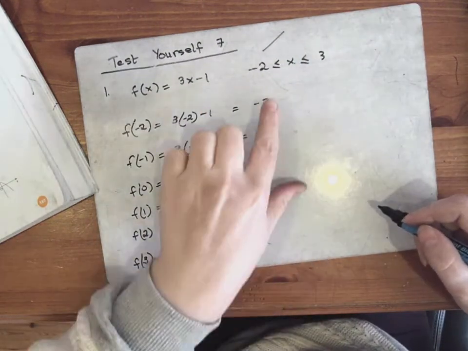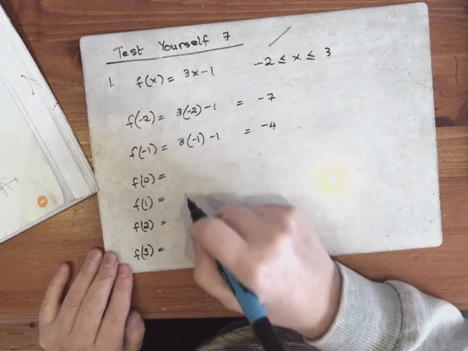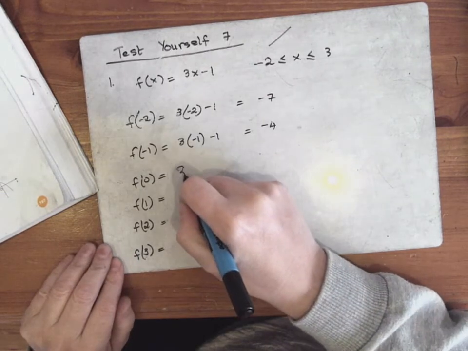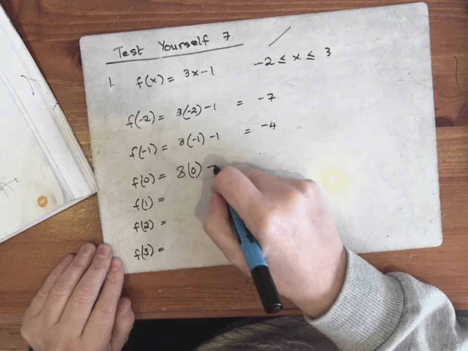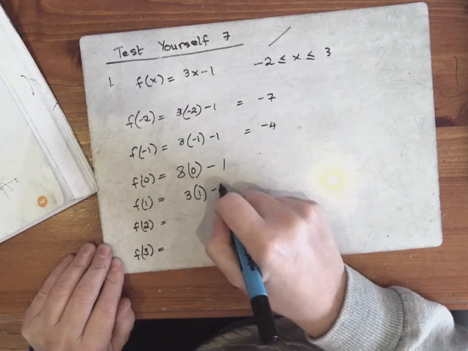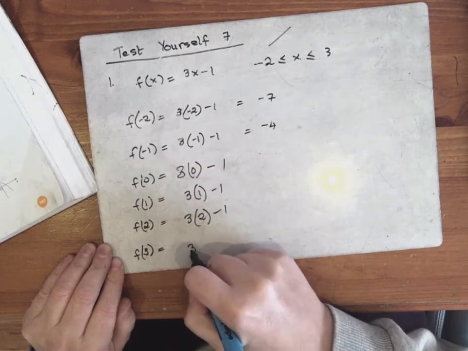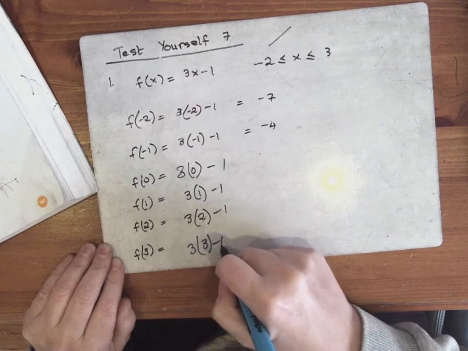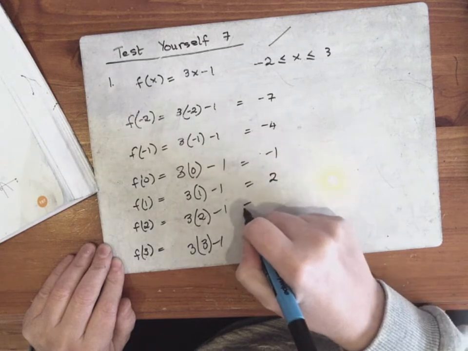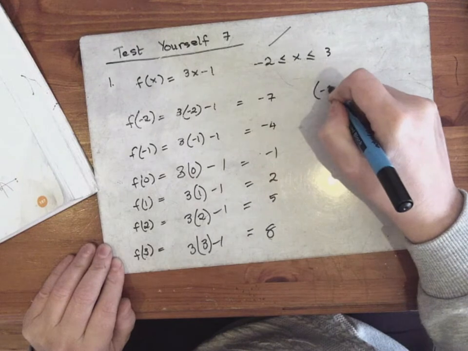Between minus 2 and 3, so that means you have to get f of minus 2, f of minus 1, f of 0, f of 1, f of 2, f of 3. If you want to do it by hand, this is how you do it: minus 1, 3 times 1 minus 1, 3 times 2 minus 1, and 3 times 3 minus 1. Working out all of these, that's minus 1, that would be 2, that would be 5, and that would be 8. So your points are minus 2, minus 7,